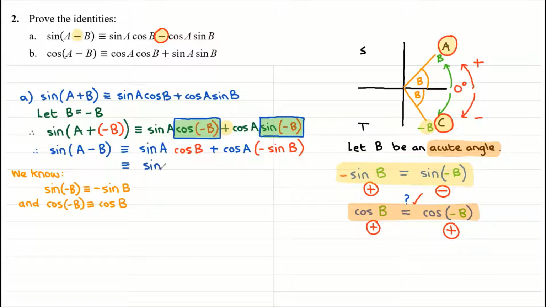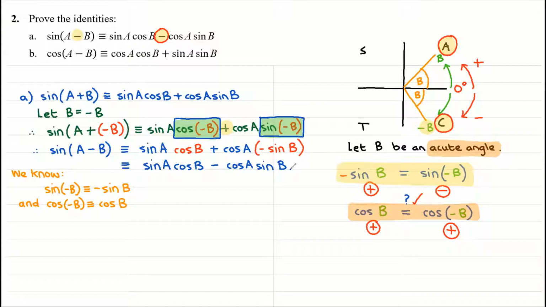So the sine of A, cosine of B, and then I can bring that negative out to the front, subtract the cosine of A and the sine of B. Okay. So that's part A. Now, we're not going to go into that much depth with part B because it's exactly